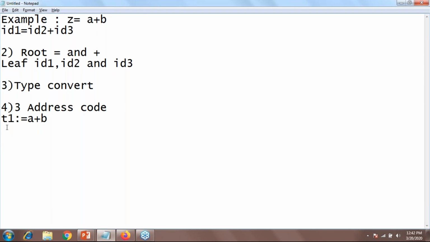So as a resultant value, I have a Z on the left hand side, and I can store the answer of T1 into the Z. So ultimately, if I want to use my Z equals A plus B over here, then I have to use the fifth phase, that is the code